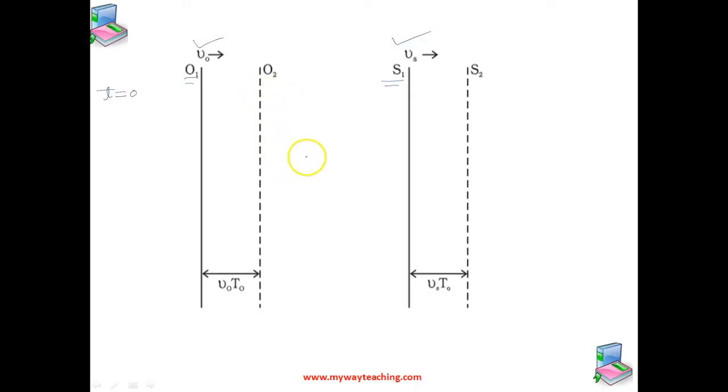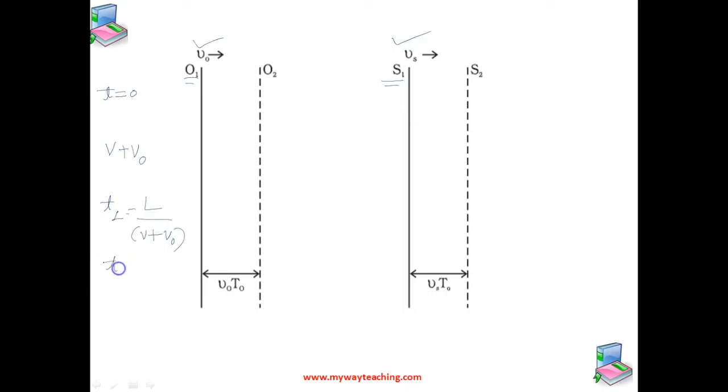Let us consider L as the distance between O1 and S1, at t equals 0 when the source emits the first crest. Since the observer is moving, the velocity of the wave relative to the observer is v plus v0, isn't it? The first crest reaches the observer at the time t1 equals L by v plus v0,